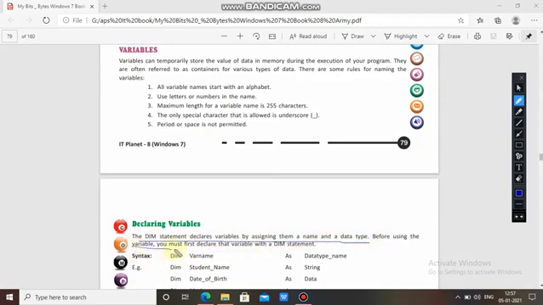Before using a variable, you must first declare it with a Dim statement. So before declaring a variable, we use Dim. Dim variable name as data type, like Dim student_name.